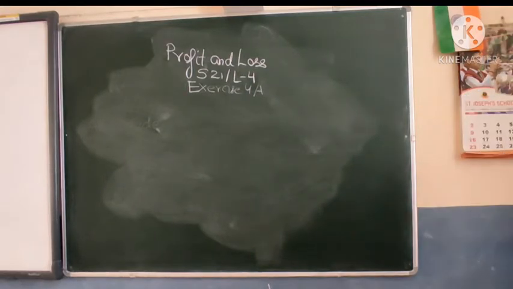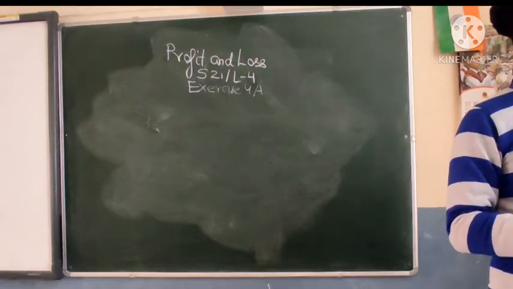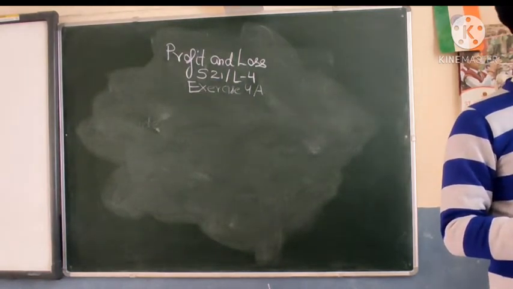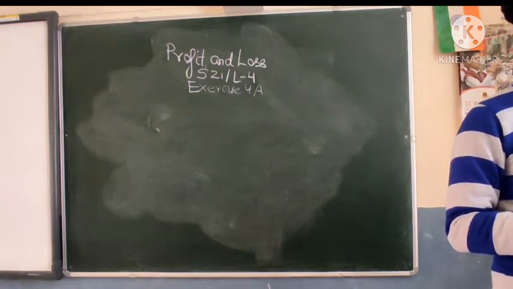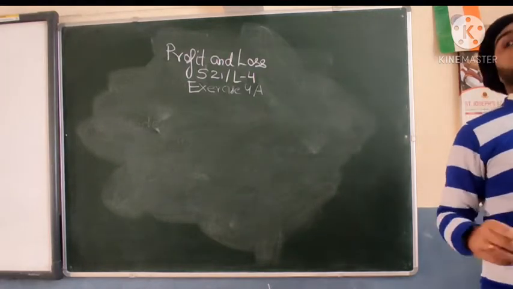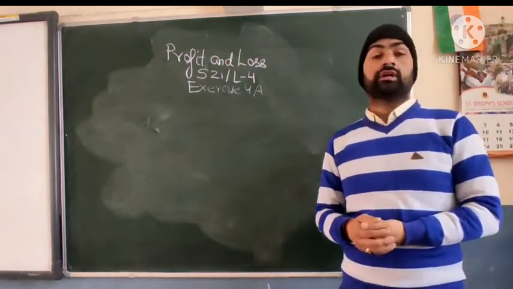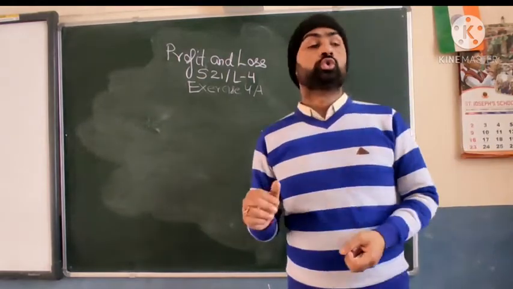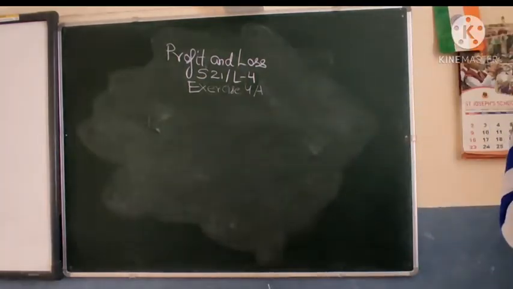Profit and loss is a very good chapter. You will use the concepts of percentage also. I told you about profit, loss, discount also. I also told you how to calculate single discount equal to two successive discounts, all these things. And I think the last one I had solved was question number 5. Okay. Then I am taking question number 6. 4 and 5 are of the same pattern and the 5th I have solved. Now I am taking up question number 6.